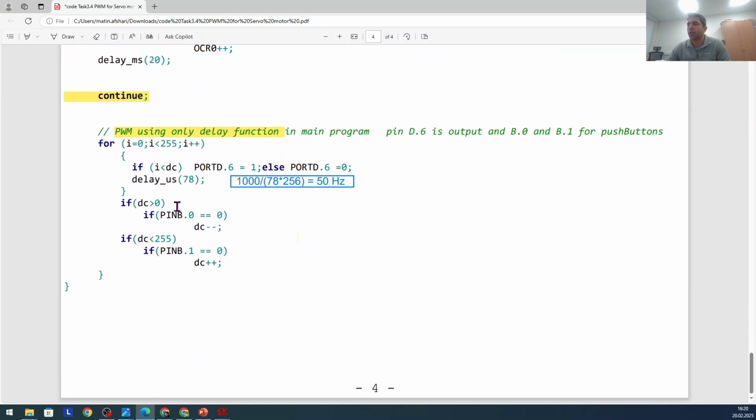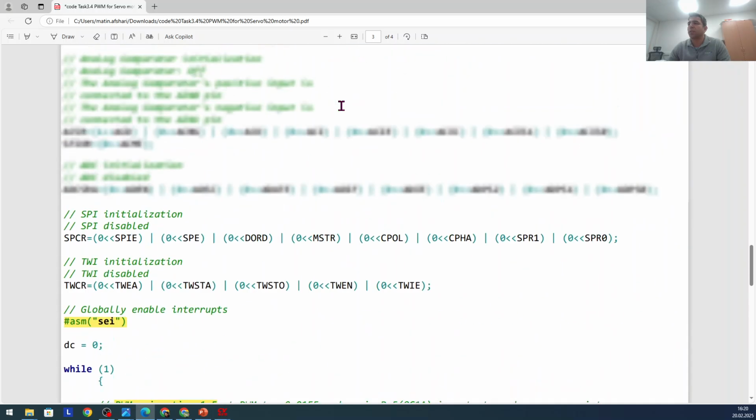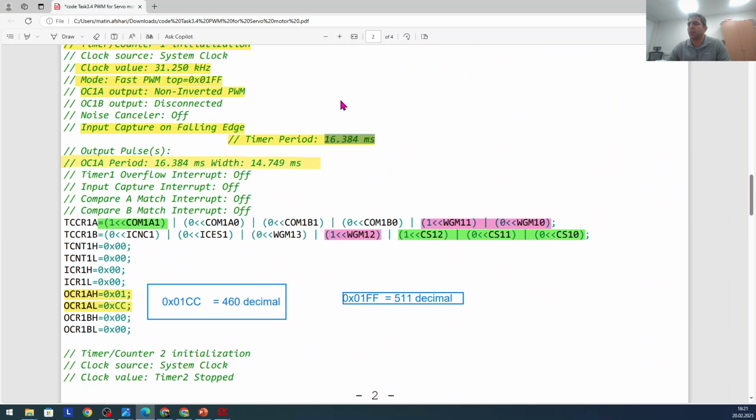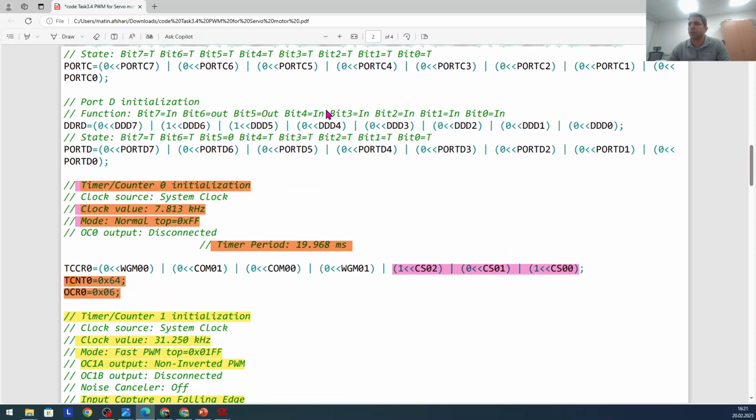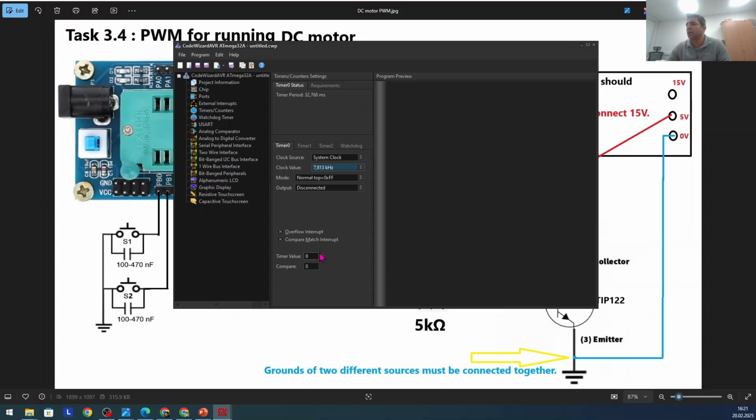For timer 0 configuration, in the beginning, TCNT0 is 64. So we wanted to start from here. And so here we give the timer value 64. This is in hex, it's not decimal. And the compare value,